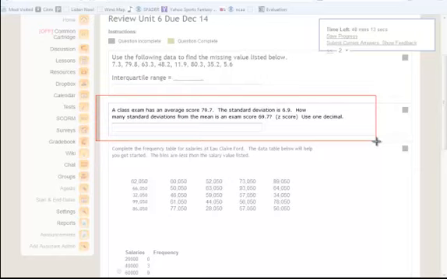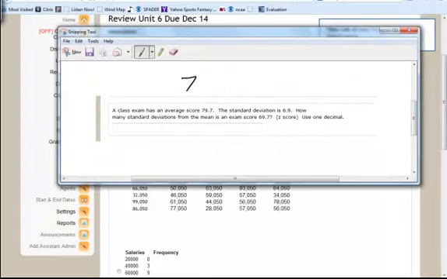Next, we're going to find the z-score. Z-score is whatever your value is minus the average divided by the standard deviation. In this case, our score is 69.7. Subtract the average,